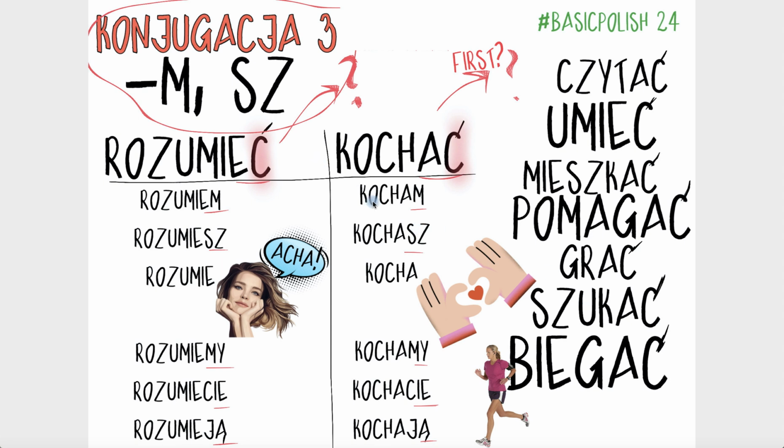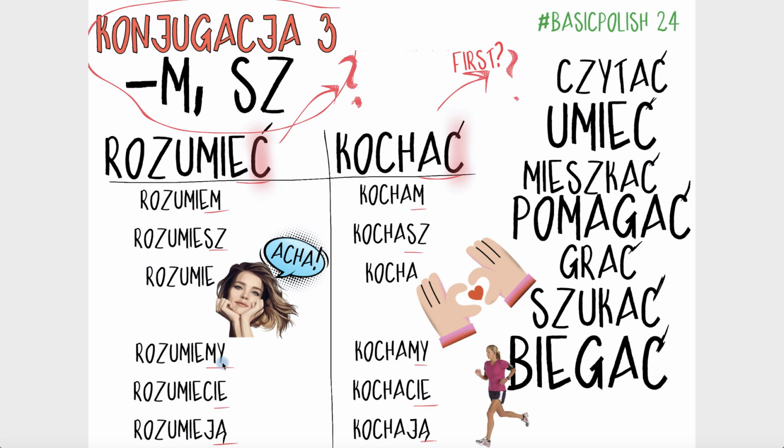Okay, so let us look. Let's deal with rozumieć and umieć here first. We're going to do that first, and please learn these two verbs by heart. Once you learn rozumiem, you know umiem, obviously. So rozumiem, we've got the ending m. Rozumiem, I understand. Rozumiesz, so just replace m with sz. Rozumiesz, right? Now, no ending for the third person singular, so skip sz entirely. Rozumie, so ona rozumie, she understands. On rozumie, he understands. Now the ending m,